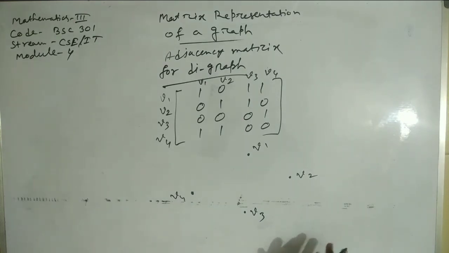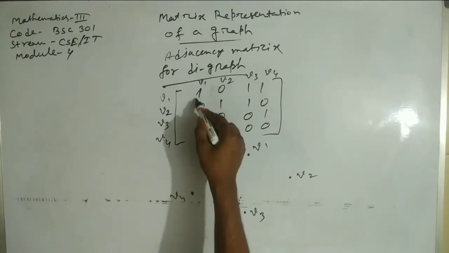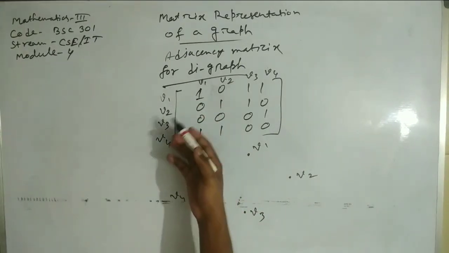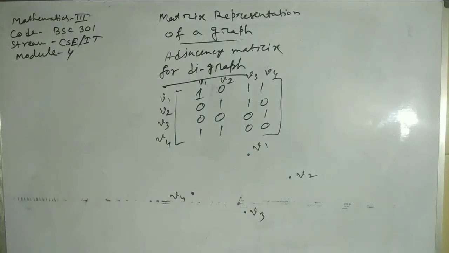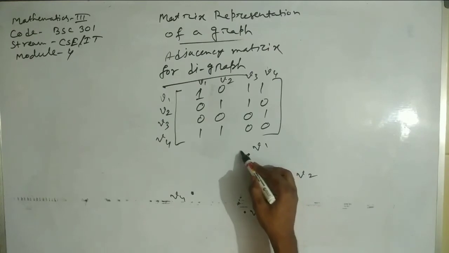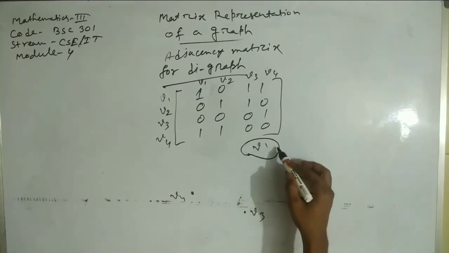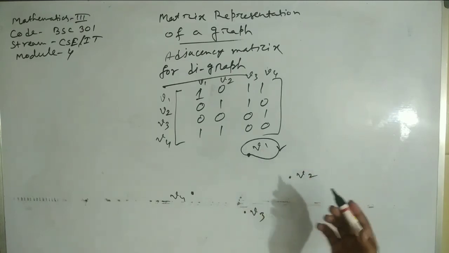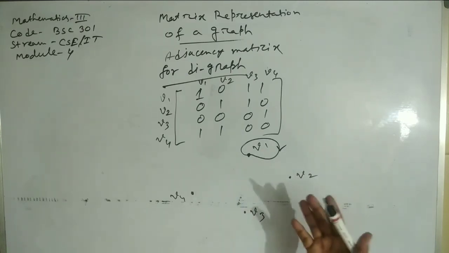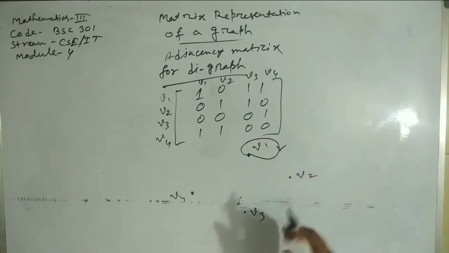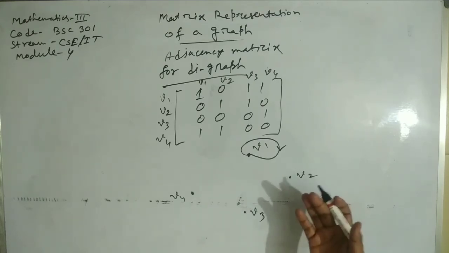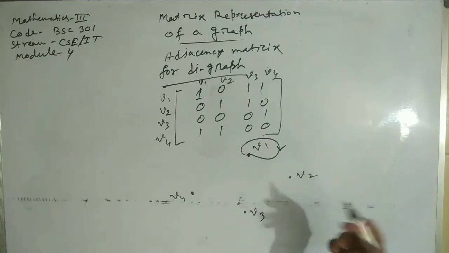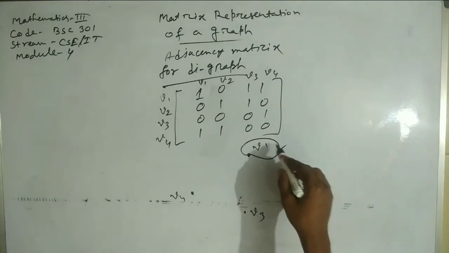Okay, now see, here is a 1, that is, there is a directed edge from V1 to V1. And a directed edge from a vertex to itself means there is a self loop. So I am drawing a self loop and giving a direction. And the direction of the arrow is not a matter of problem, because this is a self loop. You can put it in this way or this way also.